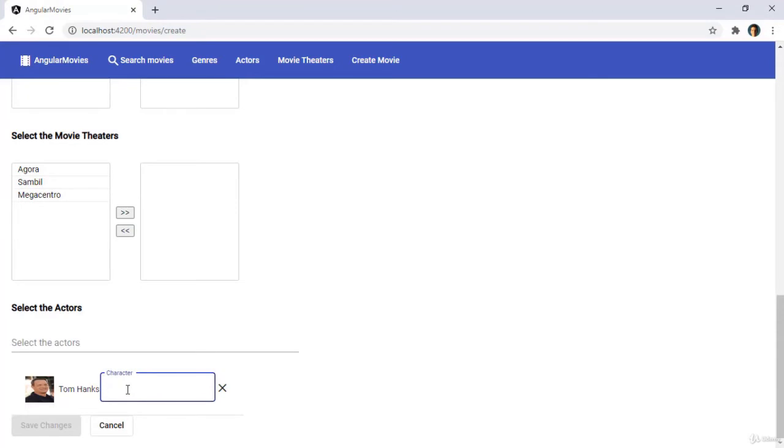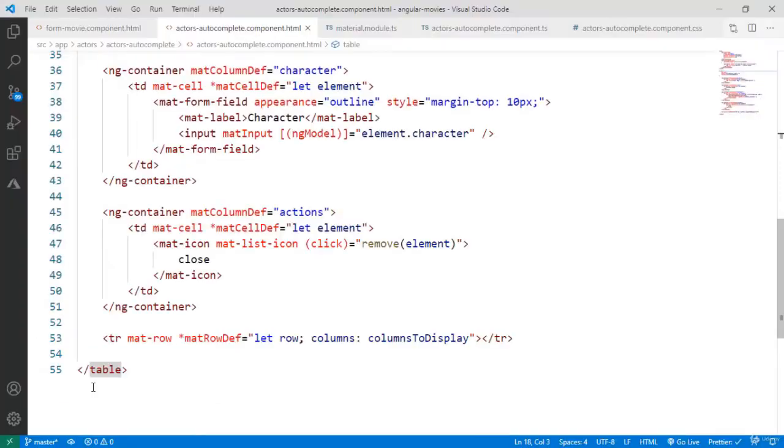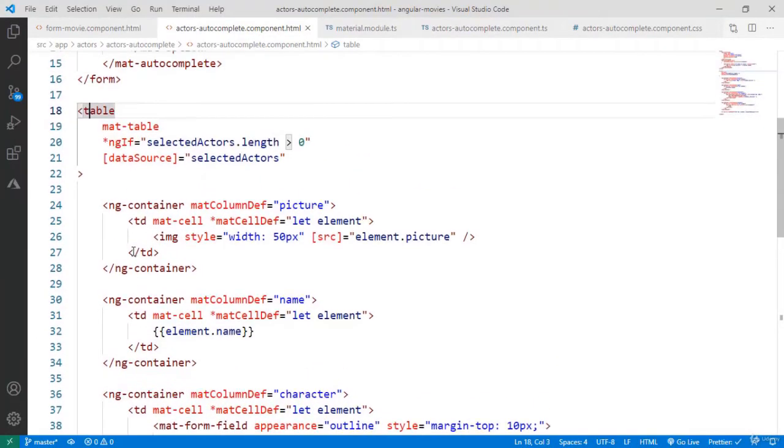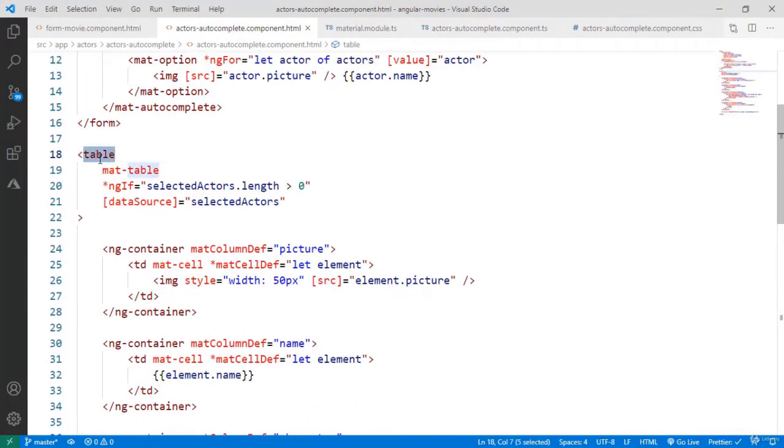I can introduce his character. I'll just say Peter. Let's say Samuel L. Jackson. And as you can see, nothing happens. Why is that? It is because we need to refresh our mat table in order to make it display new elements. So what we have to do is to come here and we need to first grab a reference of